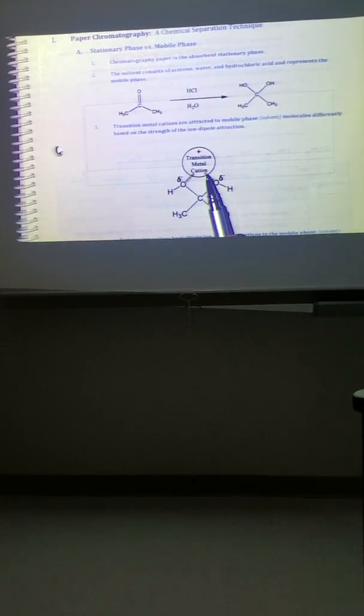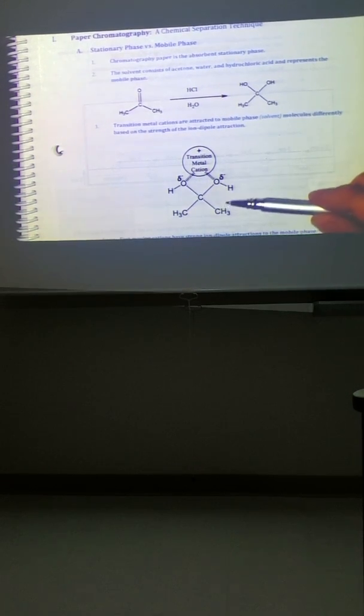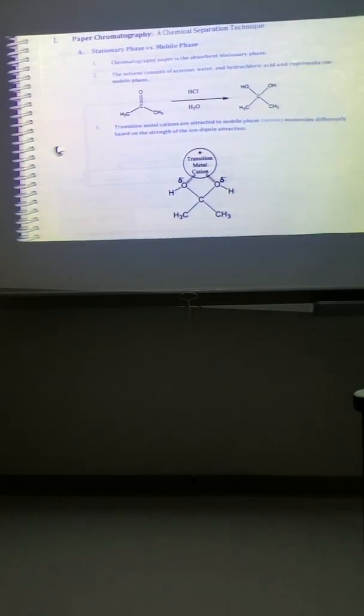And what's unique about that is transition metal cations can be different sizes. So depending on how well they attract oxygen through this ion to dipole attraction, based on size and based on attraction, that's going to allow this molecule to pull them up that stationary phase, paper in our case, and see how far they can race. So as we get ready for lab,